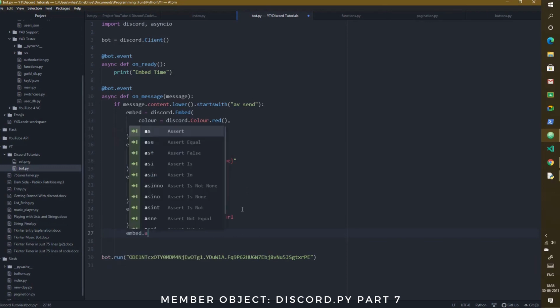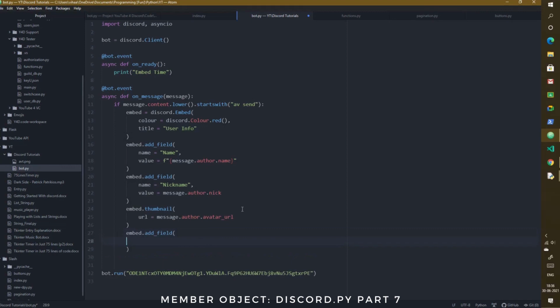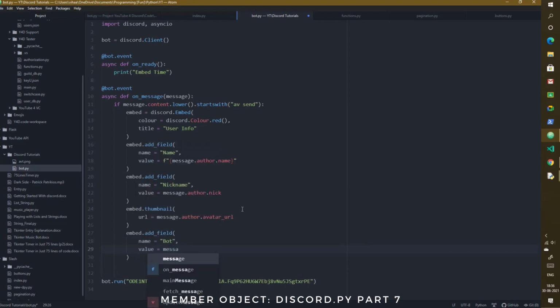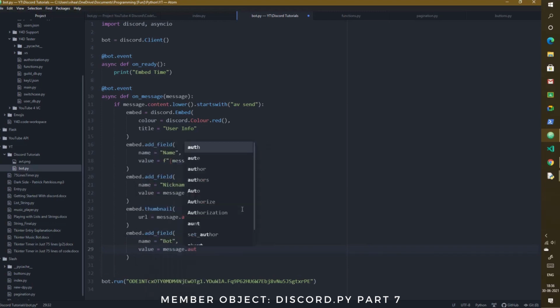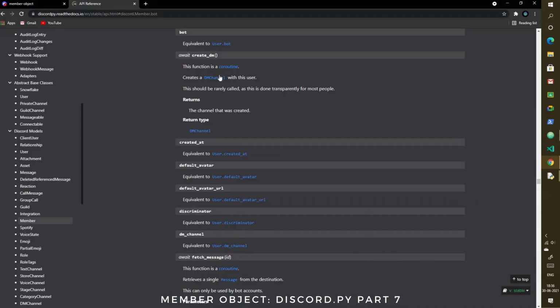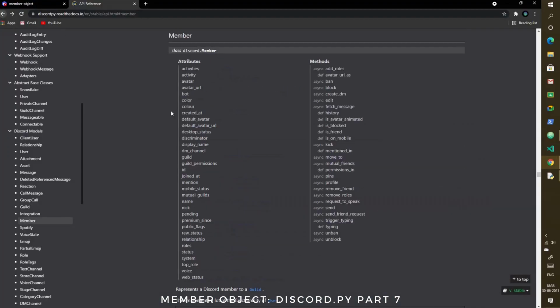So embed.add_field, name is equal to bot, and this is a boolean, so it's going to either return true or false. Value is equal to message.author.bot.